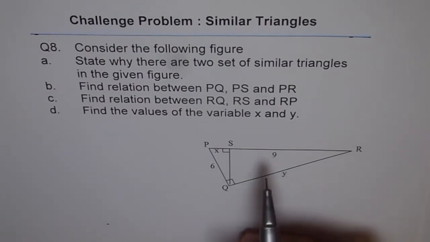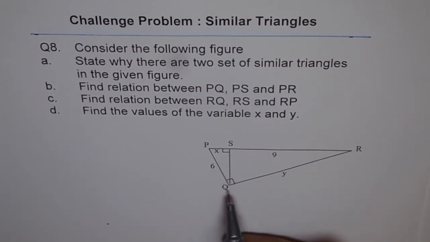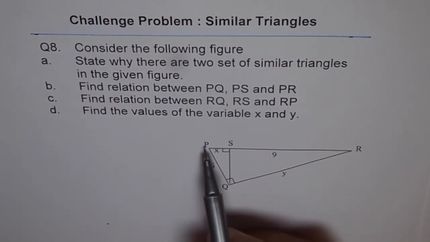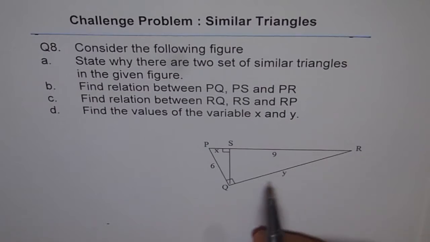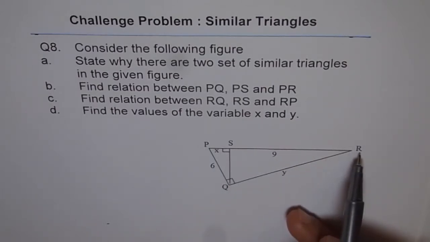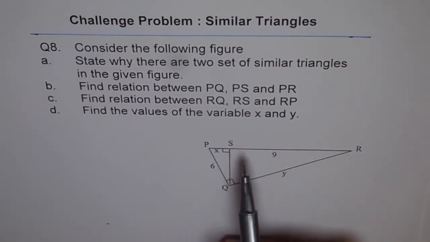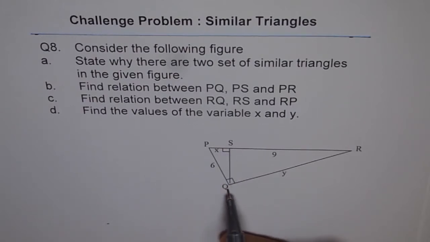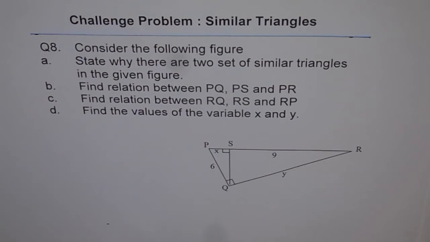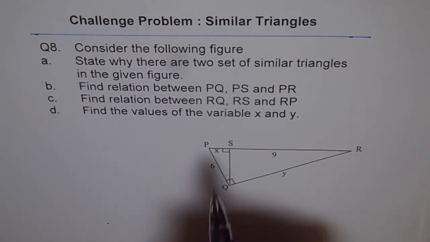So in this figure, what we see is there are three right triangles. RQP is a right triangle within which we have two other right triangles, PSQ and RSQ, right? So there are three right triangles which makes two sets of similar triangles. So let's consider one by one these two sets and see how they are similar. Okay, so let's consider this small triangle